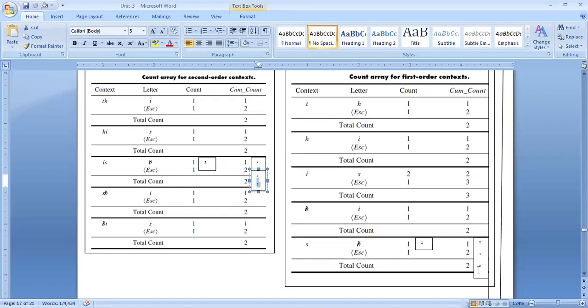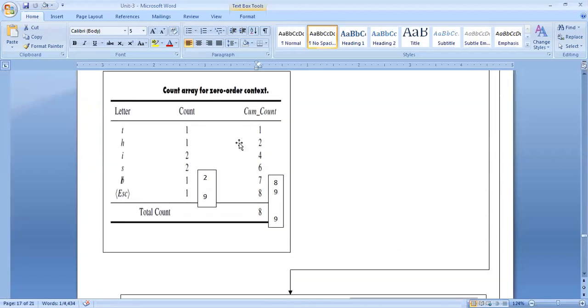Again, after updating the first order context, we will update the zero order context. For the zero order context, we do not see any context, because for a first order context, for a letter, there is only one context. For a second order context, for a single letter, there will be a two-letter context. But in the zero order context, there will be no context because it is zero. So there is only one symbol, that is the blank, meaning B cross. So we update the count value. This B cross initially has the count value 1. We update it by adding 1. This 1 plus 1 is equal to 2.